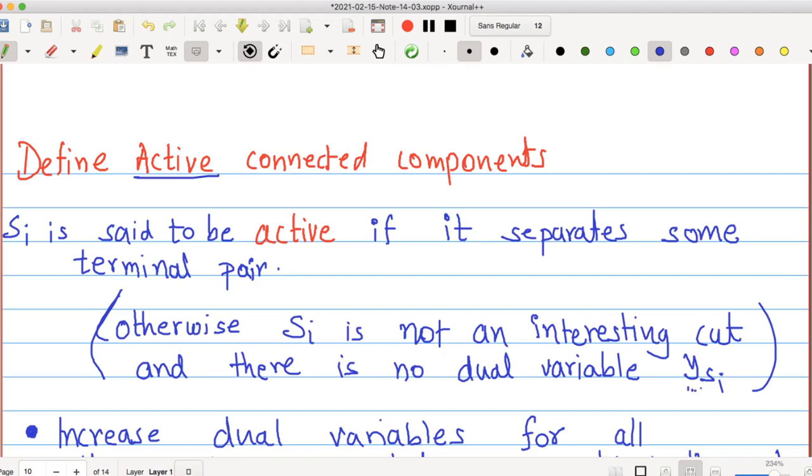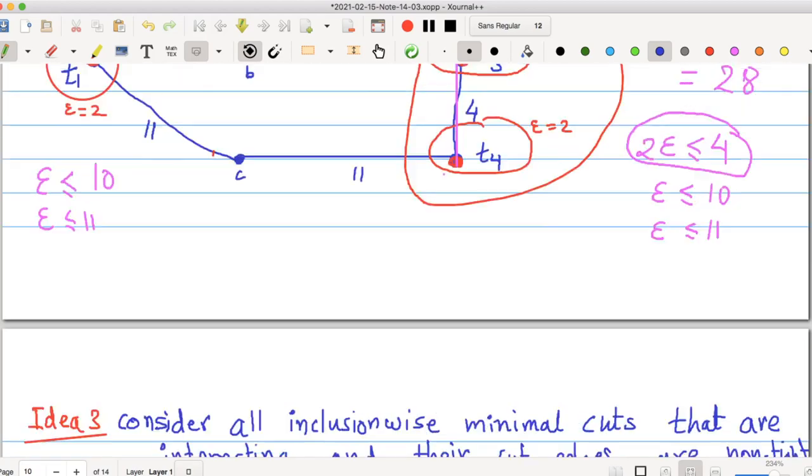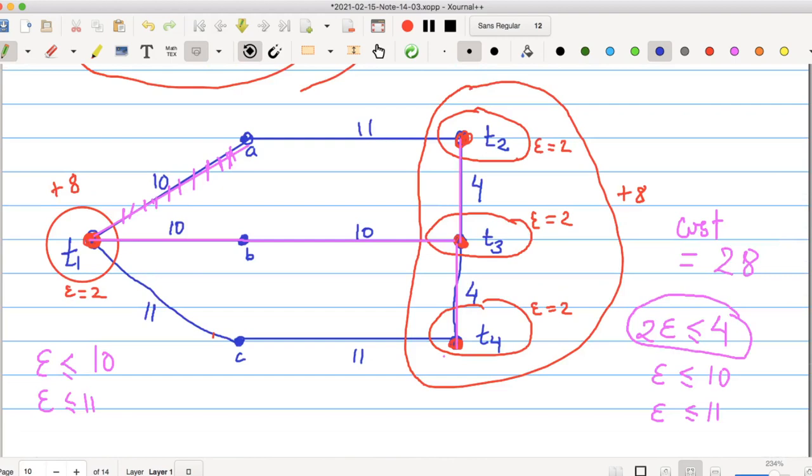If a connected component does not separate any terminal pair, then it's not interesting and there is no dual variable corresponding to it. If we go back to the example, in the beginning A, B, and C were also valid connected components, but they were not interesting because they don't separate any terminal pairs. So we did not consider any dual variable corresponding to them.